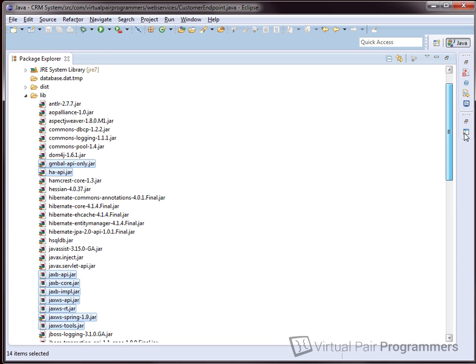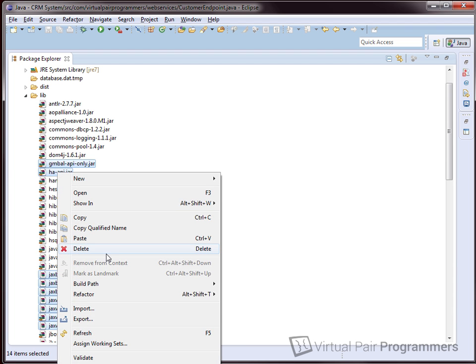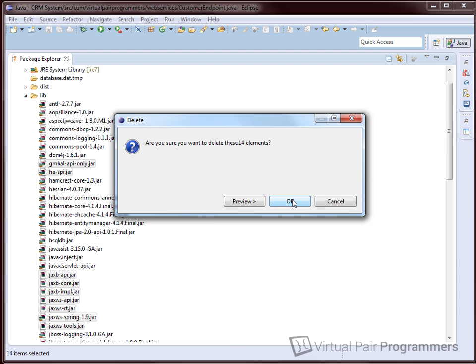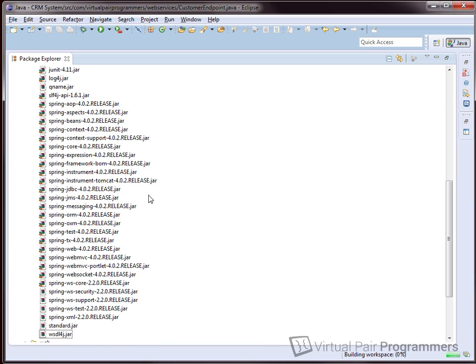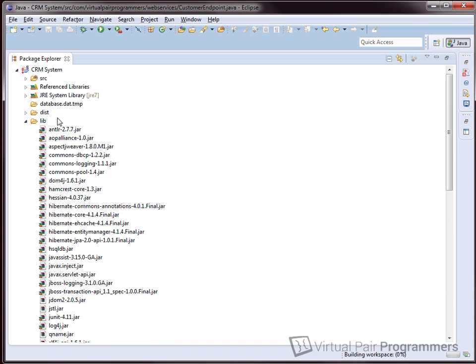And I did that by control clicking, or if you're on a Macintosh, it will be command click. And then I'll just need to select any one of them with a right click and then delete, and just confirm there that we're deleting 14 jar files and click on OK. Now it is warning me that the jar files are being referenced by the project, or at least some of them are. So I'm going to say yes to all there,